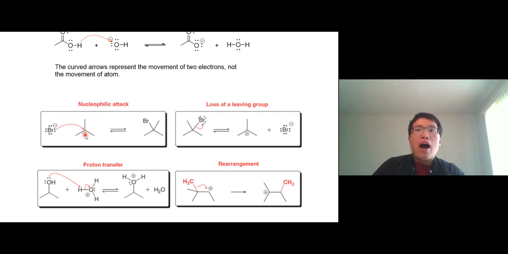Don't flashcard this. You can't really flashcard them, because I can change bromine to chlorine. I can change this carbocation to some other electrophile. Right? I can change all the substrates. I can change all the products. You can't memorize this. You have to recognize it instead. Okay. All right. Let's start with the first one, nucleophilic